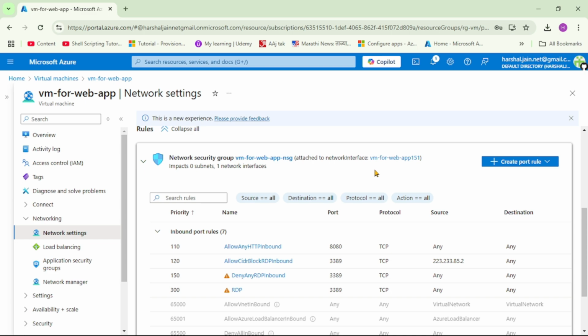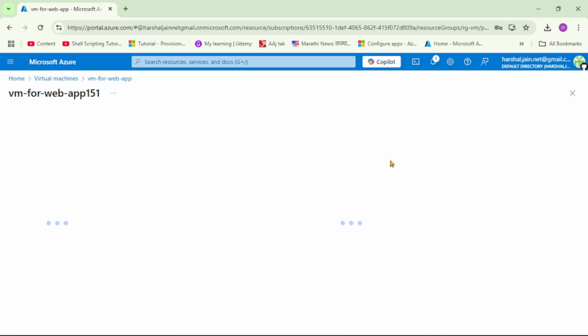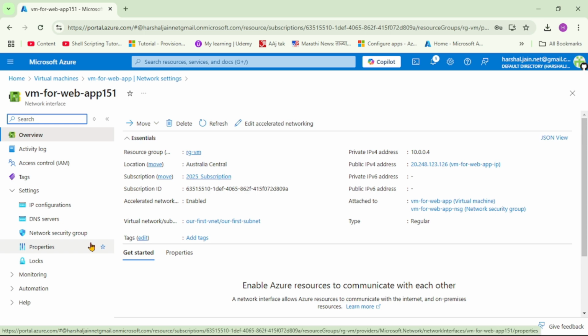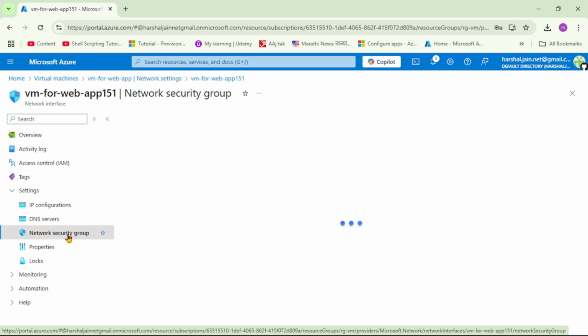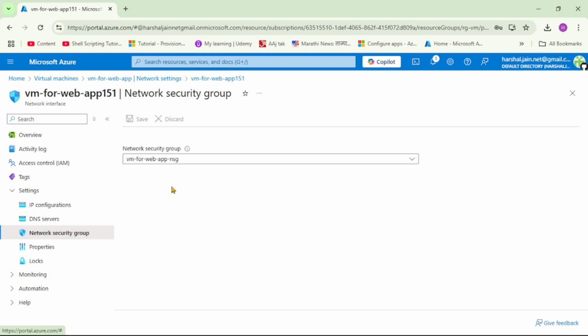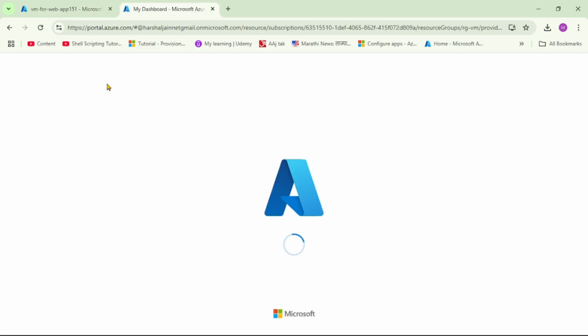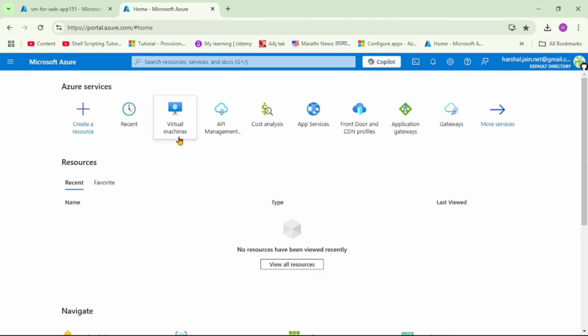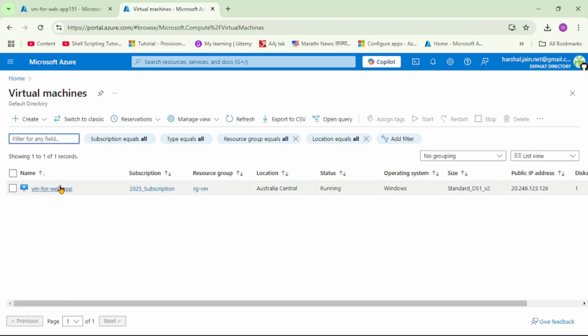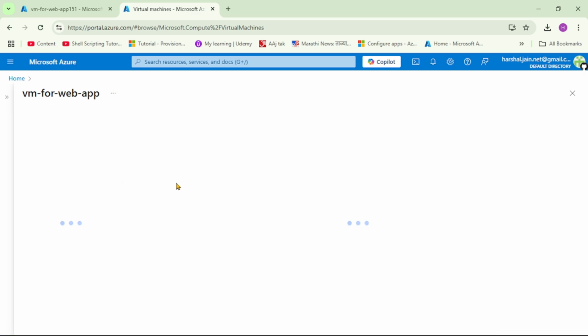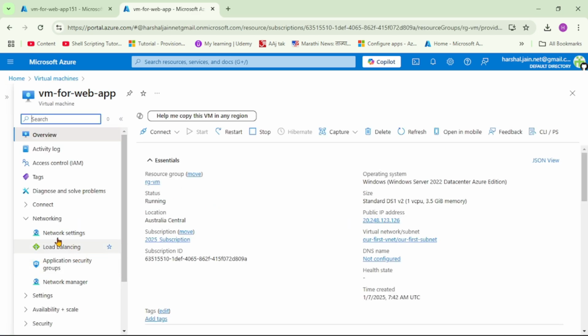Now let's click on this network interface. So we are in the network interface of this VM. Now let's click on this network security group, that is NSG, and you see it shows the NSG which is attached to this NIC. Now let me duplicate this tab. Virtual machines. Let's open our VM. Again network settings,